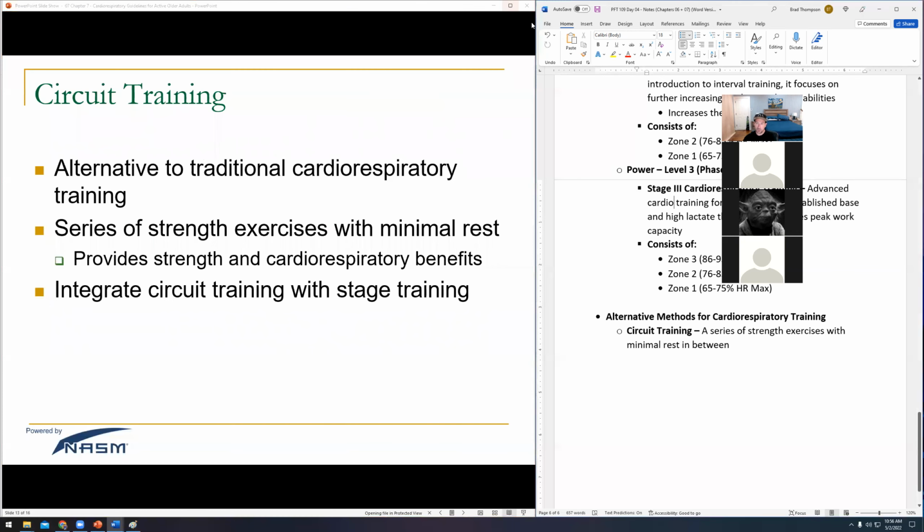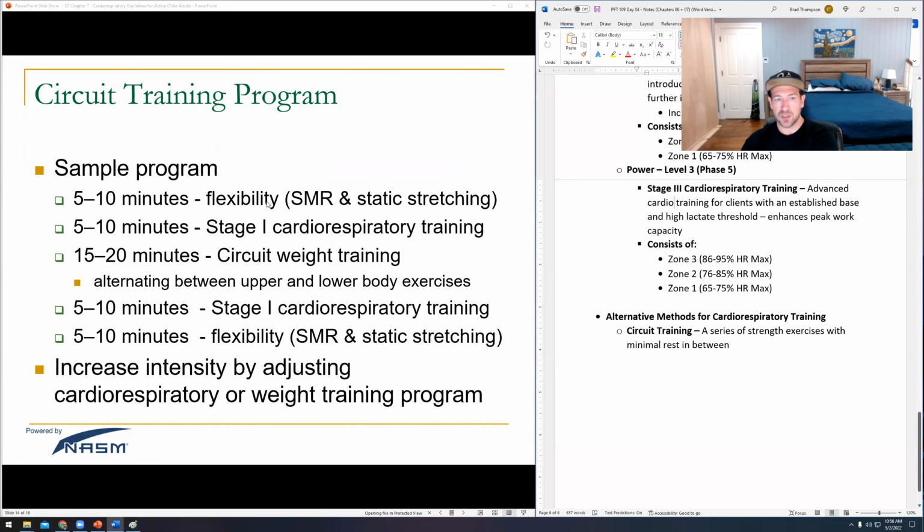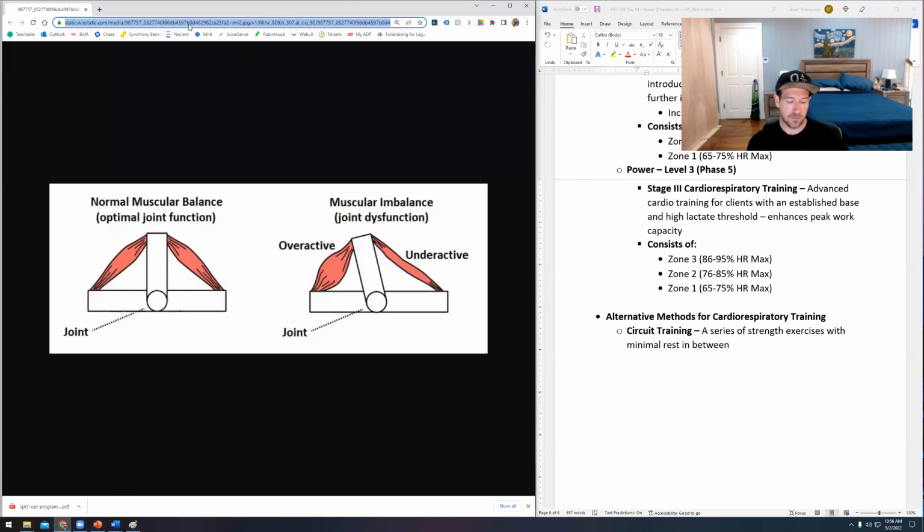You can do weights. What about circuit training, right? What if I were to do a little bit of circuit training where I do this exercise, then this exercise, one after another, right? Like if I go through a circuit, right? So what happens if I look at circuit training,